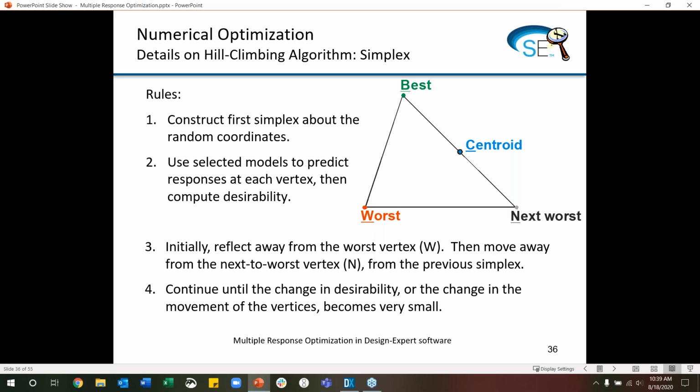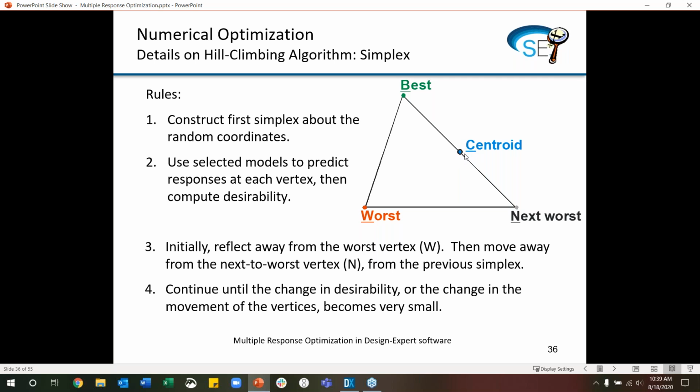Okay, so now this is some of the details that we don't normally talk about in class, but it's the behind the black box details. I'm going to roughly go through them, and then when you get the slides, you can read through this and kind of think about it on your own. It's a bit of a mind bender, but this is using a simplex hill climbing algorithm, which starts with where